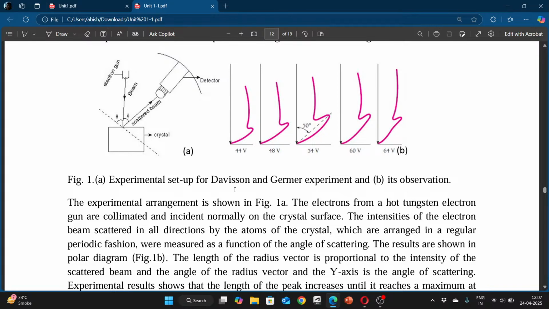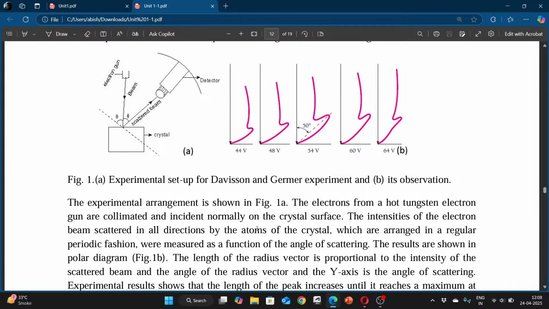The electron is being scattered in all directions by the atoms of the crystal, which are arranged in a regular periodic fashion. तो basically electron गया, एक उसके अंदर के atom को hit किया और ऐसे beam deflect हुआ. The intensity was measured as a function of the angle of scattering. तो जितना ज्यादा आई थिंक वोल्टेज डाला, उतना ज्यादा स्कैटरिंग हुआ।